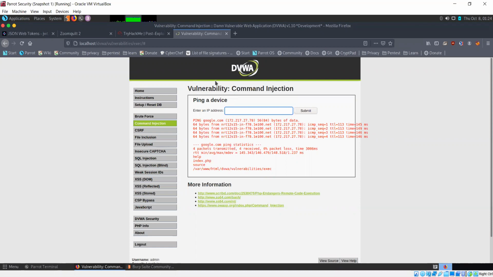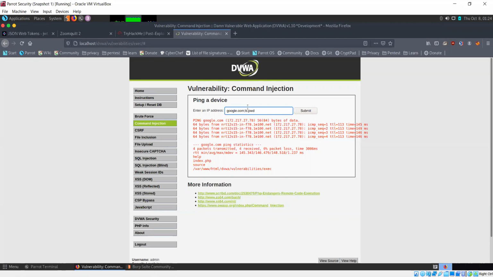Now in this case, of course, the web server is our own device, but if this were an actual web server, we would be able to run commands there and see the contents of directories on that server. We could also do stuff like specify an IP.